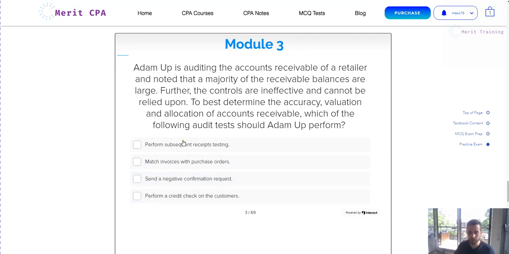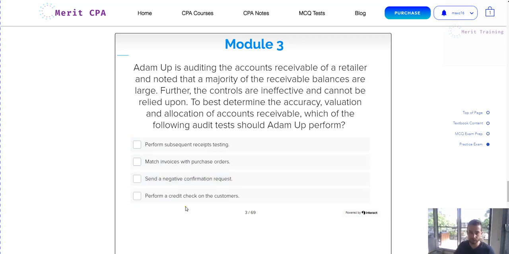Okay, so just to quickly recap, subsequent receipts testing we said was an okay test to use for accuracy, valuation, allocation, and as per the notes, it was actually a pretty common method of doing it. Match invoices and credit check were both controls rather than a test, and a negative confirmation request is probably okay,